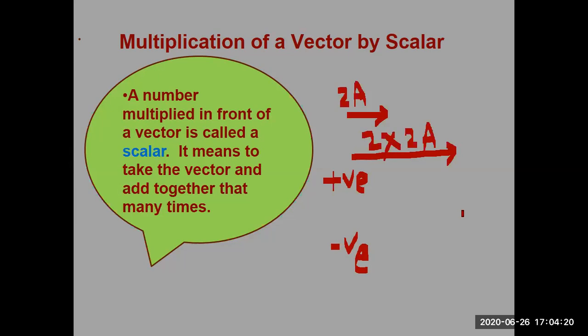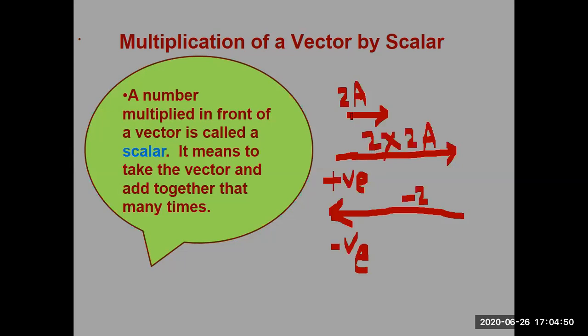So here it is. Direction is reverse. If you have multiplied with minus 2, so look, the magnitude is the same, but the direction reverses. So what are the two possibilities of multiplying a vector with a scalar? If you multiply with a positive number, the direction remains the same, but the magnitude increases by the same number.